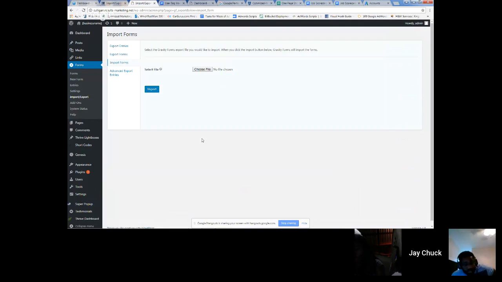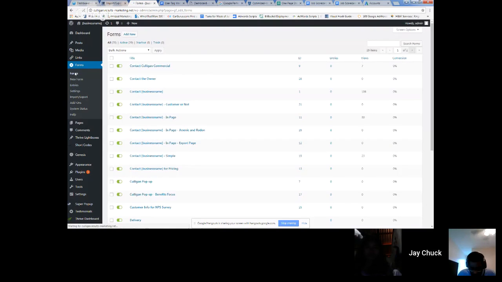Now, if you've got a page that has a form in it and you're syndicating, it should, in theory, copy that form across and go ahead and drop it into the page. But once in a while, it won't, so you will have to come in here and manually copy it across. And when you do that, you'll have to go to the page itself and change the shortcode where the form's at so that each form has its own ID. Let me show you on the form ID list. When you're looking at your list of forms, you've got a column with ID in it, and this tells us which form it is. So when you're in a page or a post, you go to,